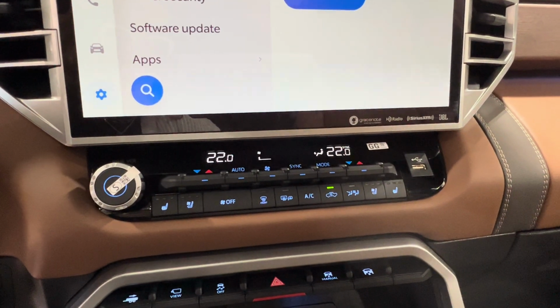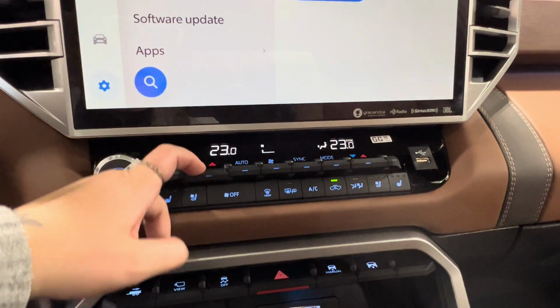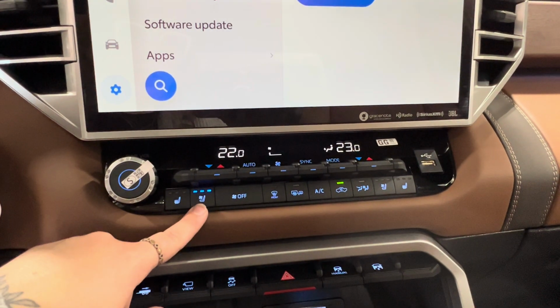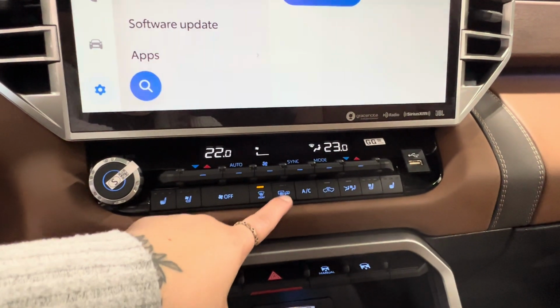So we have dual climate control up front here. This allows driver and front passenger to either have temperatures synced up, or you can turn off the sync if you want them to function independently. We also have 3 variant levels for both heated and cooled seats, just like in the back. Once again, blue for cool, red for heat, defrost for front and rear windshield, as well as your side mirrors